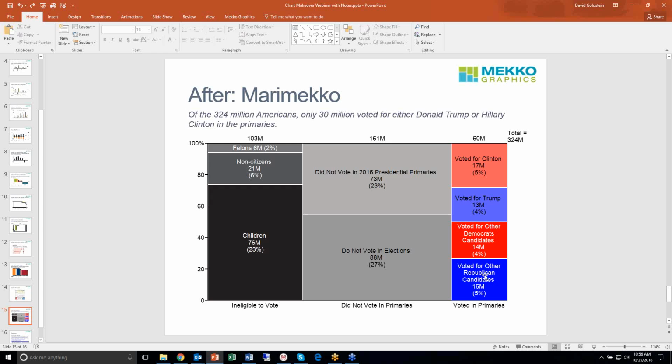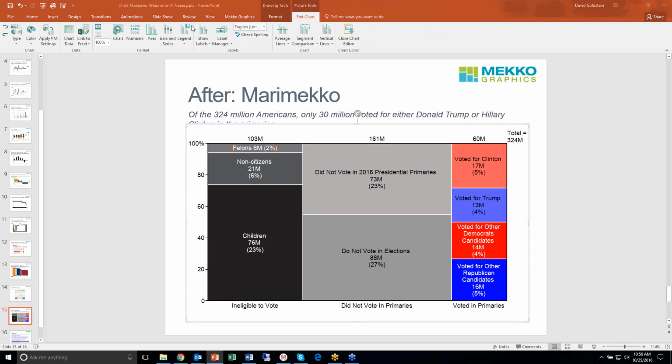So I thought a better way to drive home the message that of the 324 million citizens of the US, only 9% voted Trump or Clinton in the primary elections. The one thing I wanted to show you in terms of how to do that, just a feature that we introduced in a relatively recent version of Mekko Graphics in the Format Chart tab,